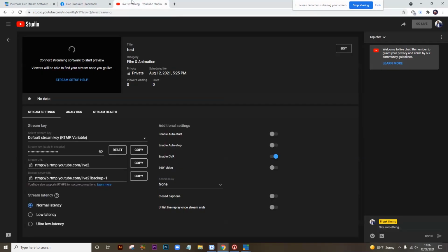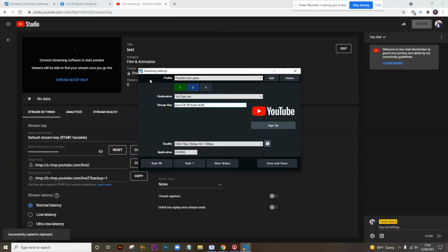Going back to YouTube, the studio shows the settings that you've put in, and then down here in the stream settings it shows you the stream key. So you just copy the stream key and back to vMix. Here you just paste your stream key there,